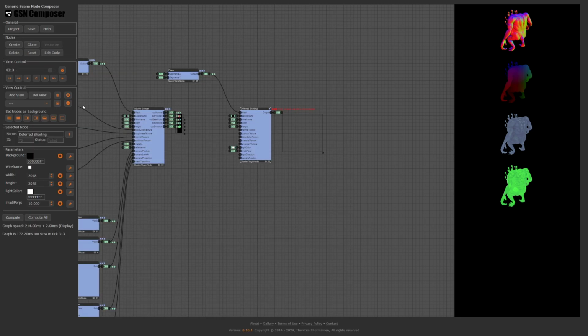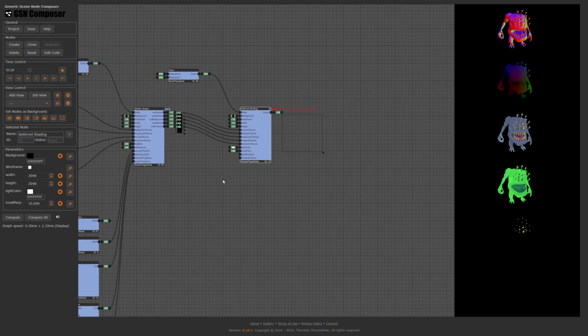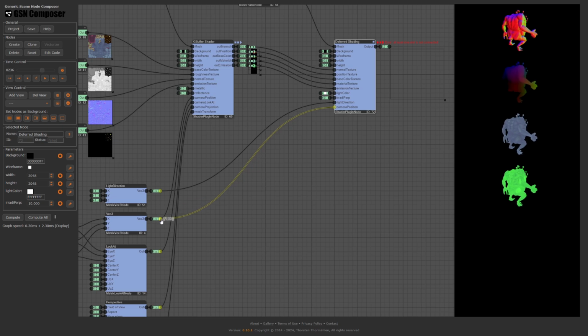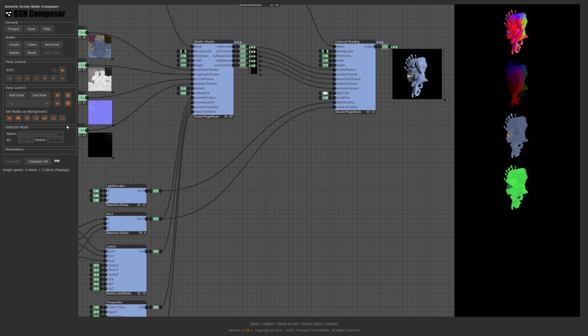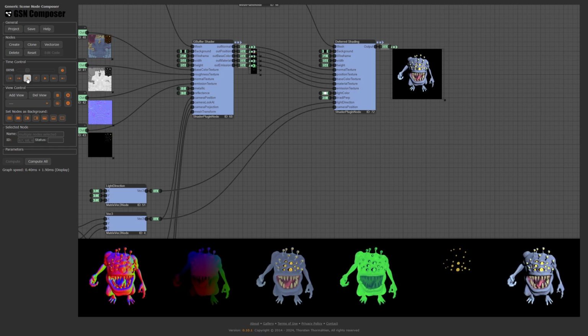Apply code and close. Now we hook up the 5 gbuffer textures. Furthermore, we need the light direction and the camera position in world space. Let's put the G-buffer and the result of the deferred shading pass down here. Perfect, it looks like everything is working as expected. This is the surface normal in world space, position in world space, base color, metallic roughness reflectance, emission, and the final rendering result of the deferred shading pass.